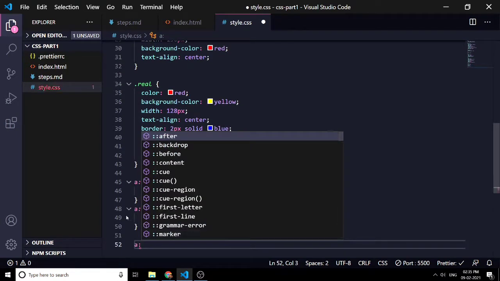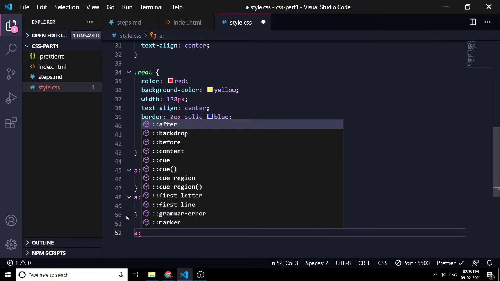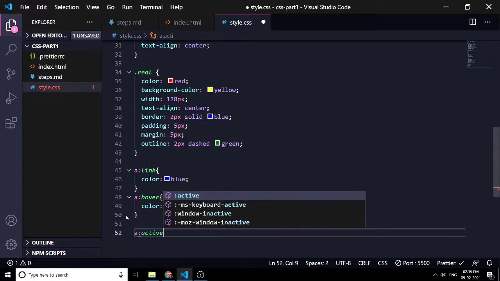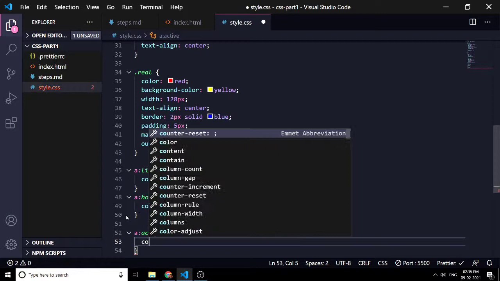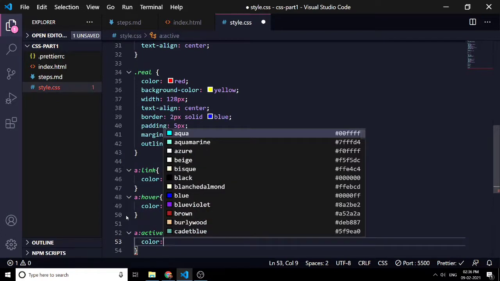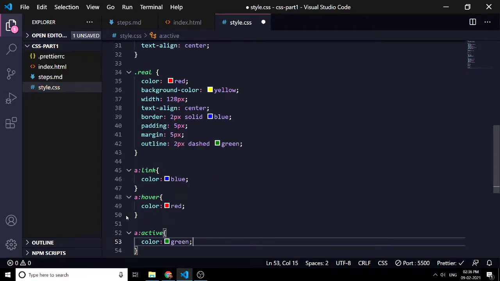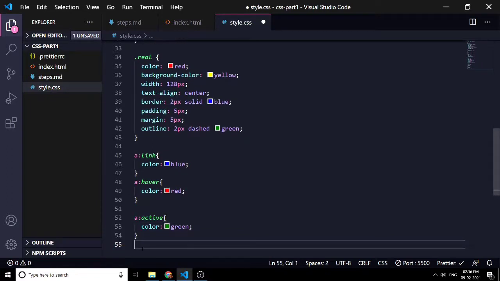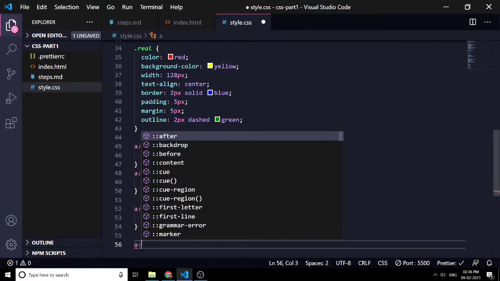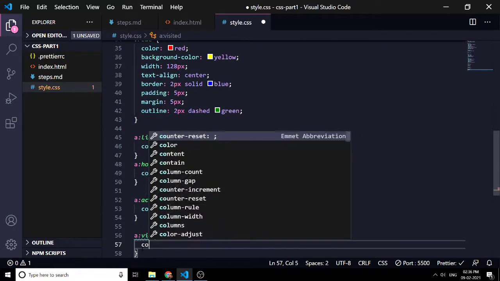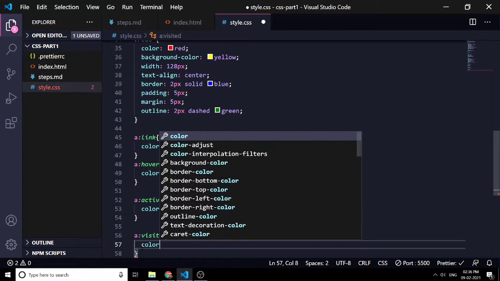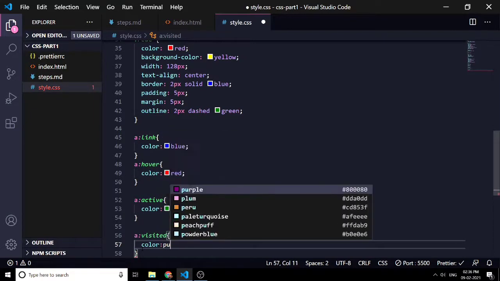The next one is active. Let's give it a color of green. And the last one is visited. Let's give it a color of purple.